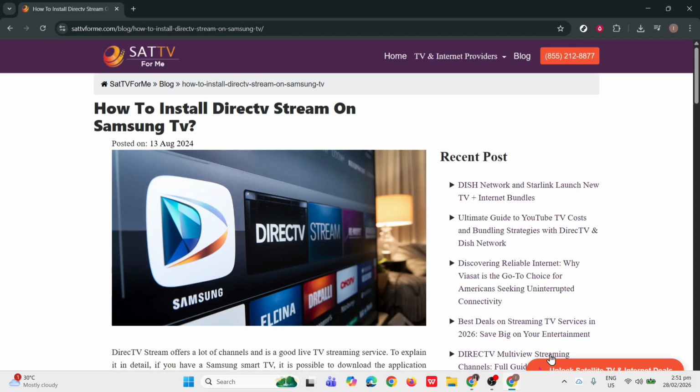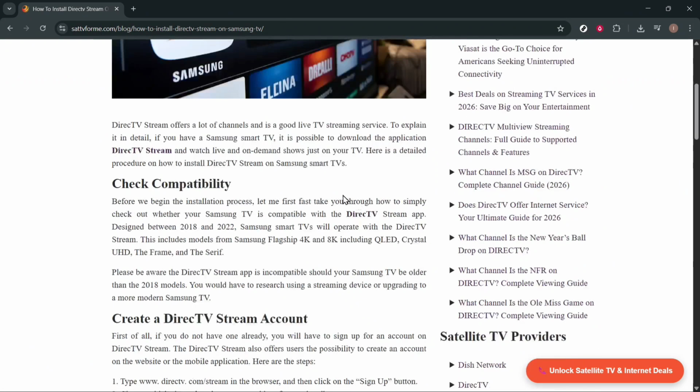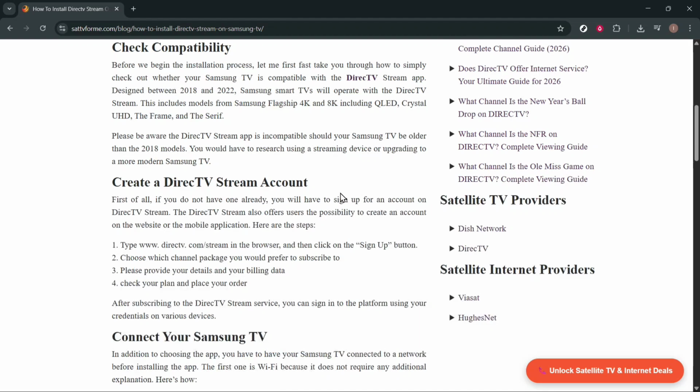How to install Directv Stream on Samsung TV. So to install the Directv Stream app on your Samsung TV, the first thing that you'll need to do is